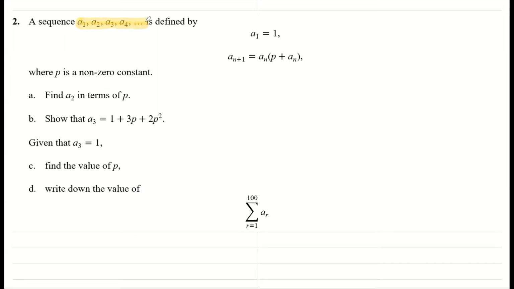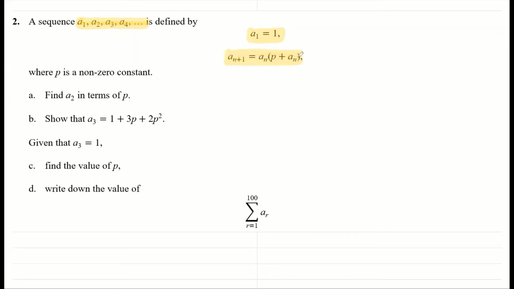So A1, A2, A3, etc. You can have U1, U2, as we've just seen. It doesn't really matter. They will define that for you in the question. And as I said before, they're going to provide you with the first term, or one of the terms if it's a problem-solving question, and then you can reverse engineer to find the first term. And you also need the relation. So how do you generate all the rest of the terms